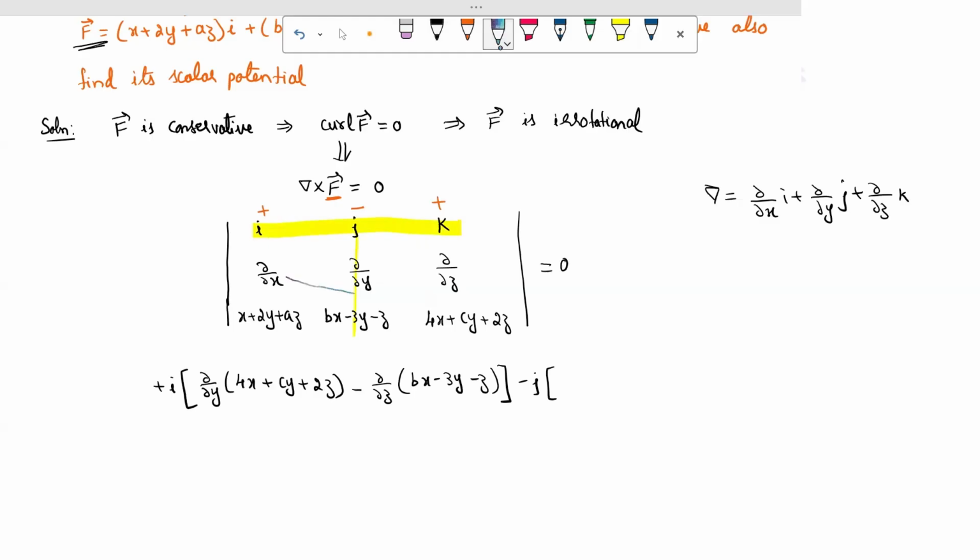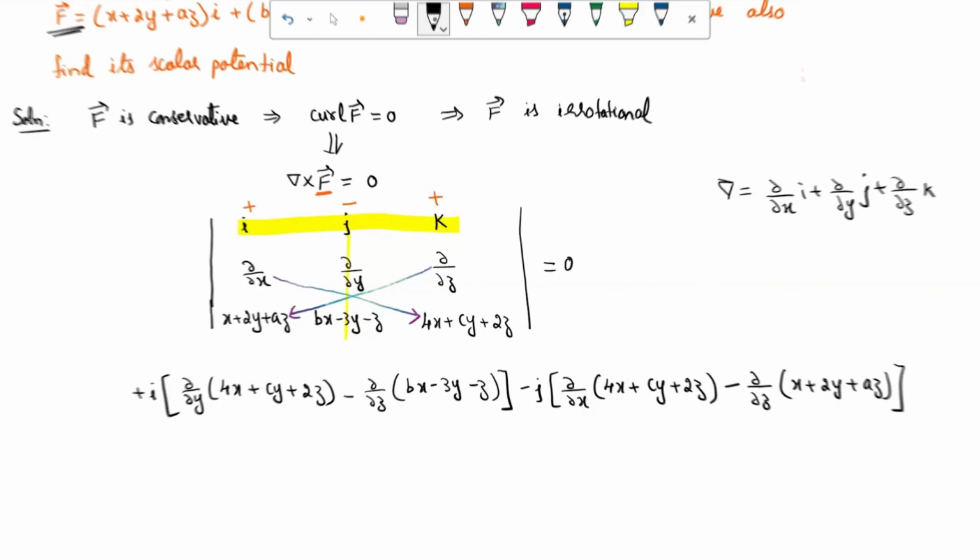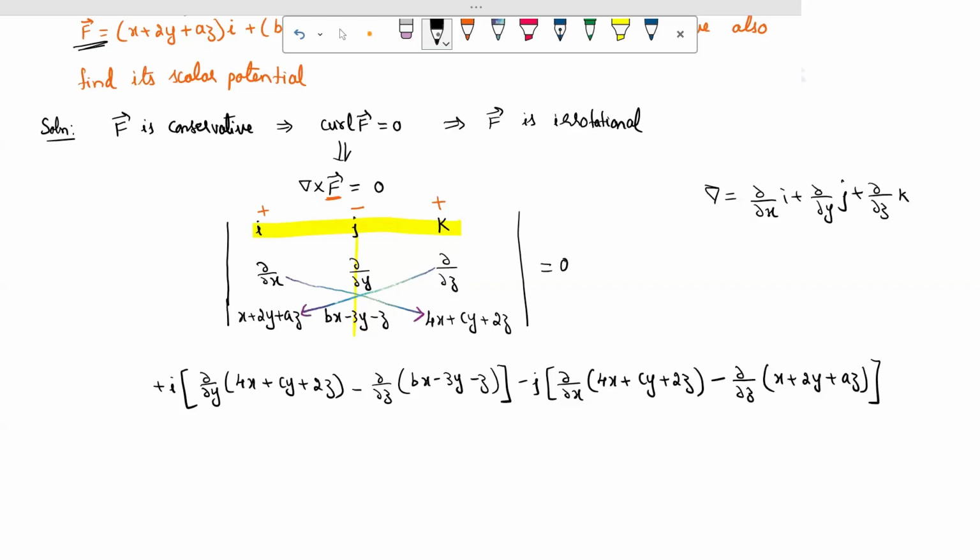It is dou by dou x of (4x + cy + 2z) minus dou by dou z of (x + 2y + az). That gives the j term. Then plus k times: